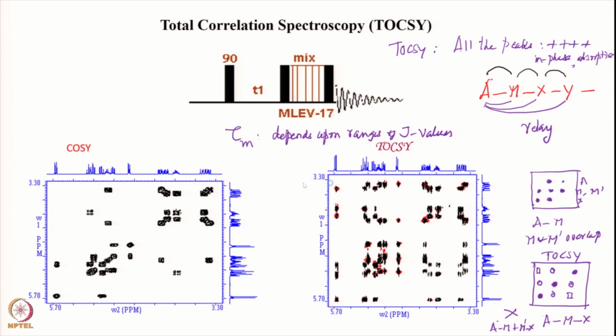We will not go into the details of these mixing sequences here, these are quite complex and involve a series of several pulses, and all the other characteristics with regard to the data collection, the resolution, etc. will be the same as in the case of other 2D spectra,